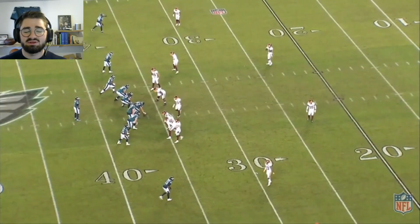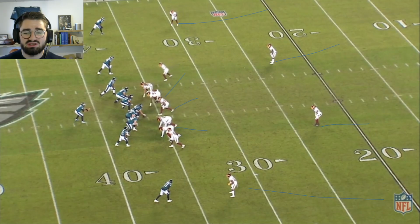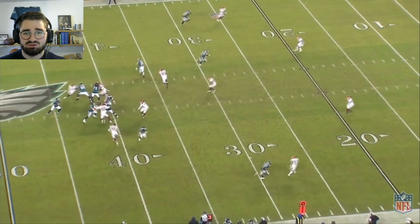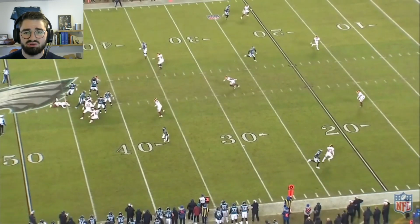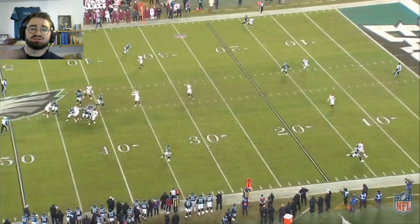Third and 7 for the Eagles, going empty here against Cover 4 for Washington, and you have JJ lined up right here in the slot to the top. You have an option in him immediately, although he does not look back here. So as soon as he looks back right now, then you have the option. Of course, Hurts is getting pressured at that point, so I have to escape the pressure first. And then he guns it in there for J-Jaw